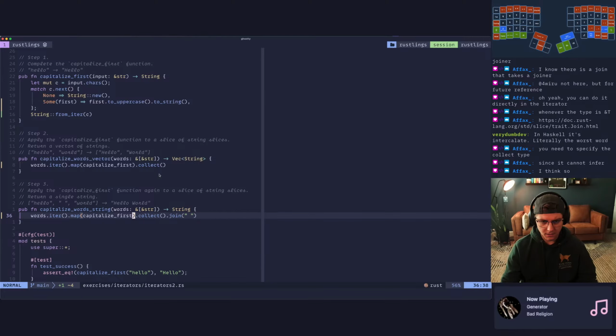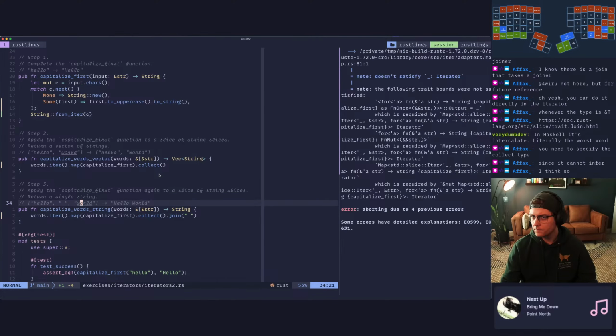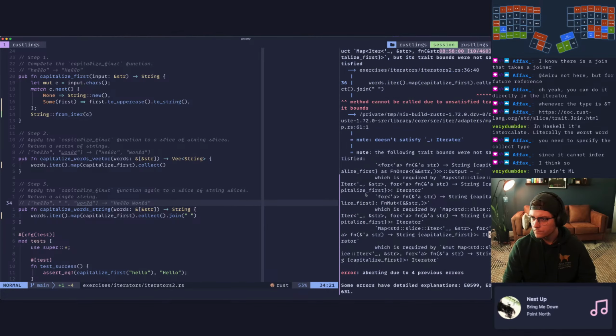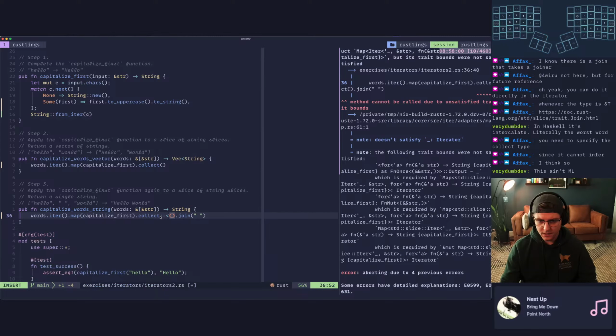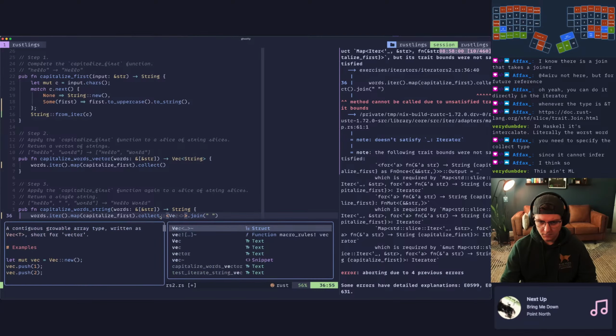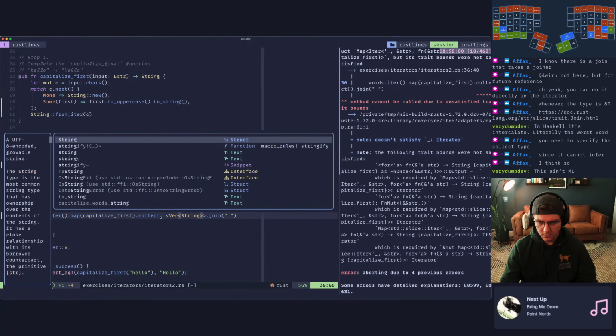It seems like it's inferring it though. I mean, let's check the compiler quick. Okay, so we can definitely do that, and I don't know why that happened. And this will be vec. Yeah, we want that, and string.